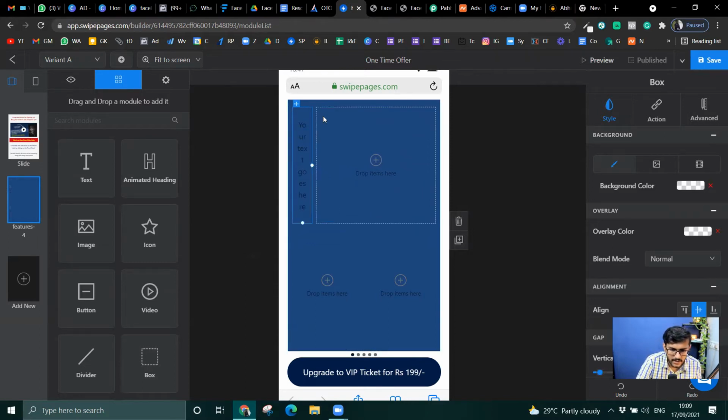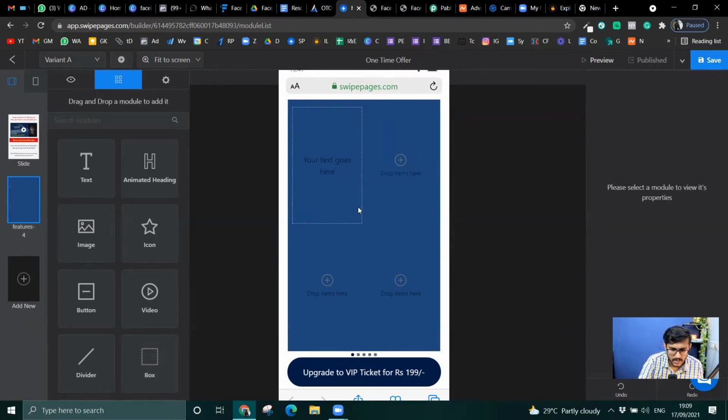Now let's see if I can copy and, nope, I cannot paste them. What can I do? I can do it this way.